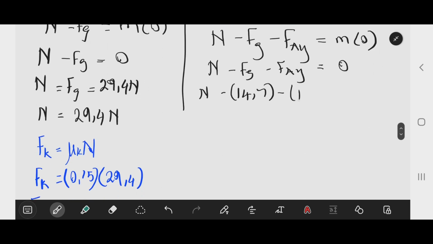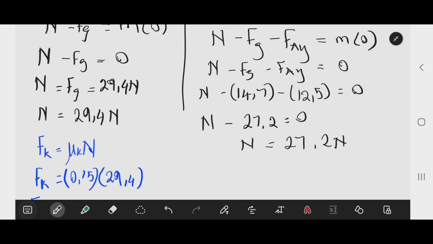Now that would be normal force minus, if you add negative 14.7 minus 12.5, you get negative 27.2 equals 0. So now our normal force for the 1.5 kg,